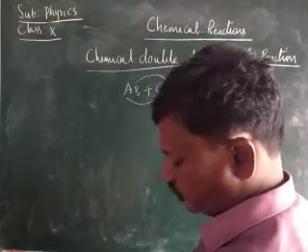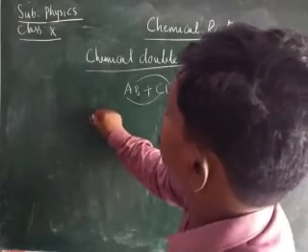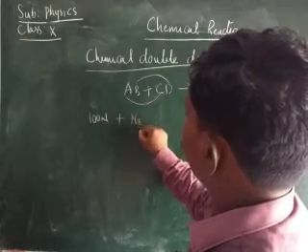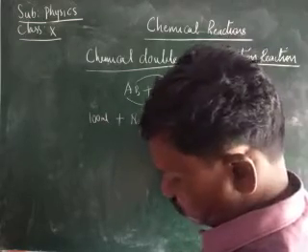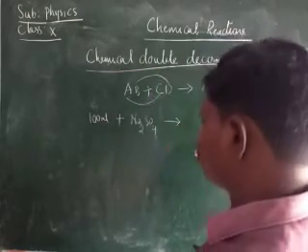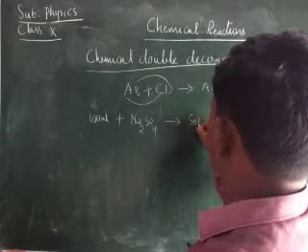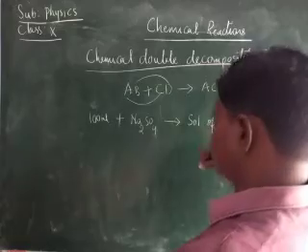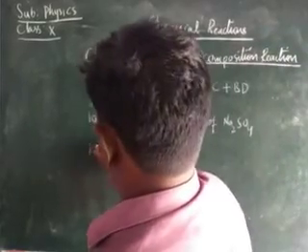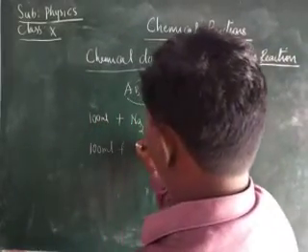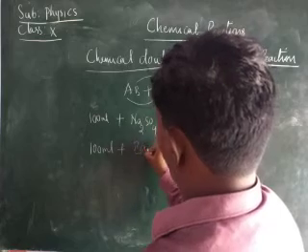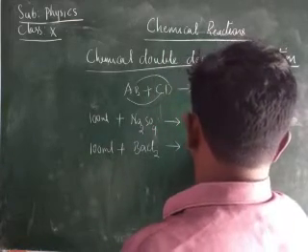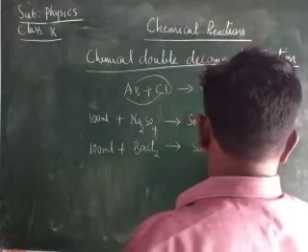Take 100 ml of water in a beaker. To this you add sodium sulfate, Na2SO4. Therefore we get a solution of sodium sulfate, Na2SO4. And next, in another beaker, you take 100 ml of water and you add barium chloride, BaCl2. Therefore we get a solution of barium chloride.